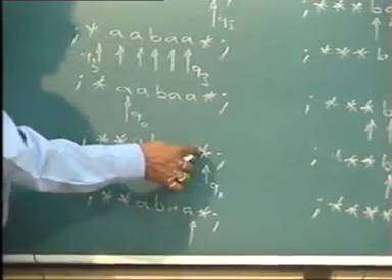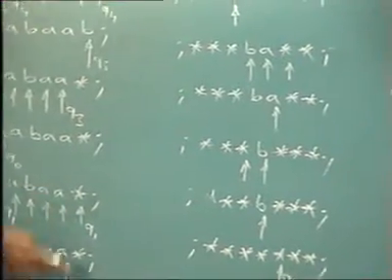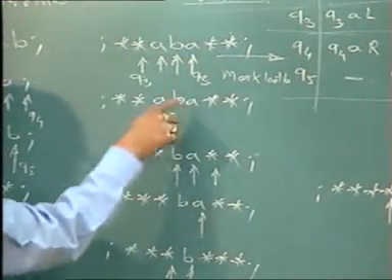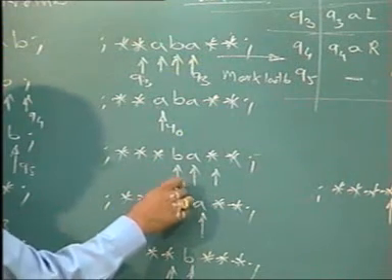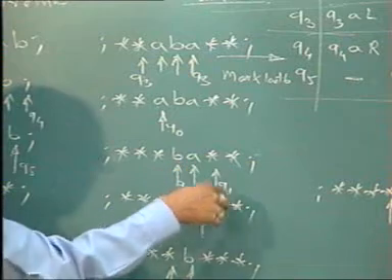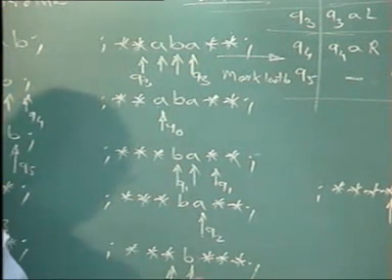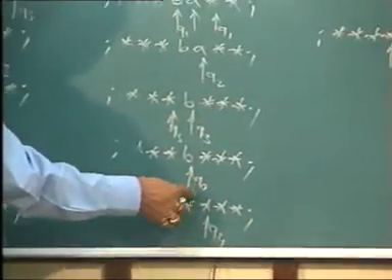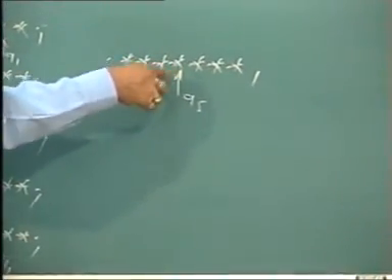Q1 में स्टार मिला तो स्टार लिख के लेफ्ट में Q2, Q2 में A मिला तो स्टार लिख के लेफ्ट में Q3, Q3 में स्टार मिला तो स्टार लिख के राइट में Q0, Q0 में A मिला तो स्टार लिख के राइट में Q1, Q1 में स्टार मिला तो स्टार लिख के लेफ्ट में Q2, Q2 में A मिला तो स्टार लिख के लेफ्ट में Q3, Q3 में स्टार मिला तो स्टार लिख के राइट में Q0, Q0 में B मिला तो स्टार लिख के राइट में Q4, Q4 में स्टार मिला तो स्टार लिख के लेफ्ट में Q5, Q5 में स्टार मिला तो एक्सेप्ट।